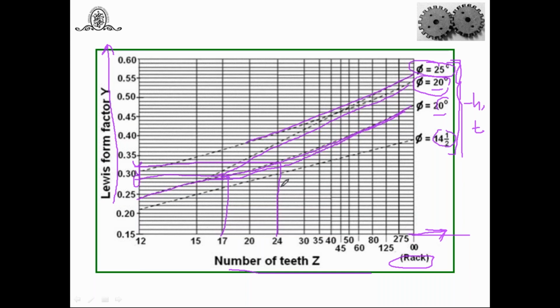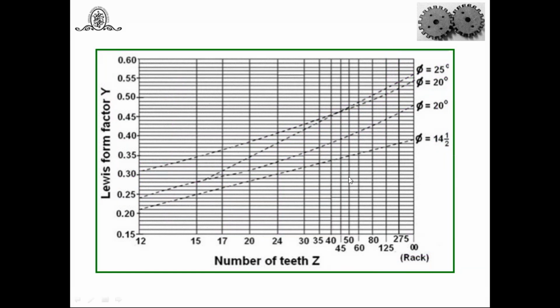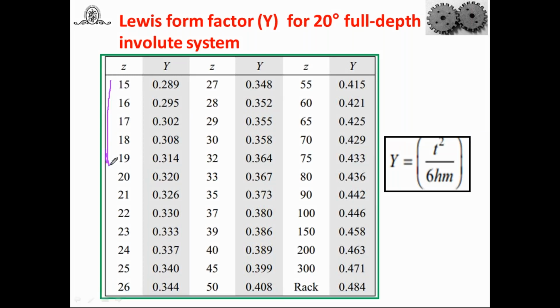The reason the chart is important: as the pressure angle increases, you will get the idea, Lewis form factor is also going to increase. You have to remember this one thing. As the pressure angle increases, Lewis form factor value is going to increase. This is one aspect that you have to take from this figure. And again, earlier chart I am going to refer. Look at this. Again, you will get one idea from this. As the number of teeth on the gear or a pinion increases, look at this, the value of Lewis form factor also increases.